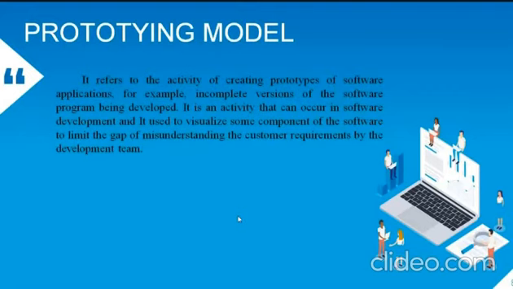That way the client can visualize the software, and we can reduce the gap of the team misunderstanding the customer requirements. What happened in the previous models is that if the customer is not a technical person, the customer says something and the development team understands something else. But in the prototyping model, by showing a working component to the client, the client can visualize it, so the misunderstanding of requirements can be reduced.